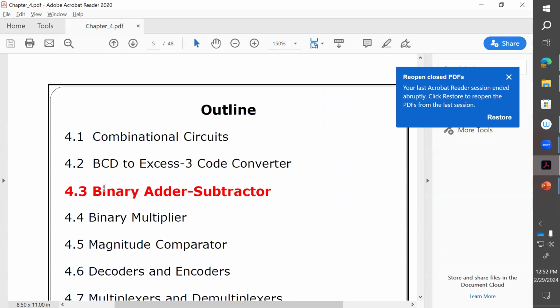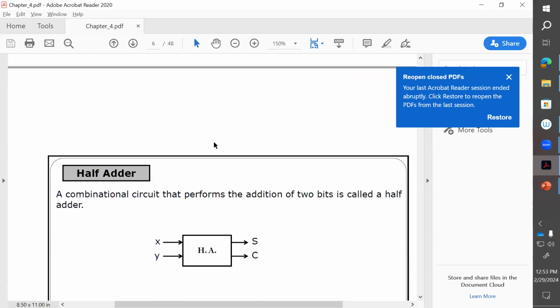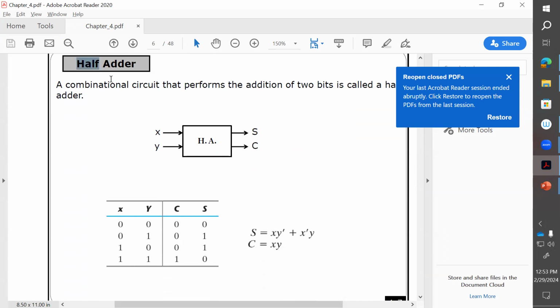The second part here is the binary adder or subtractor. So how can you do addition? Someone asked this question earlier in this course. How can you use the logic gates we know to do addition and subtraction? Let's start. I'm going to start with the first one here. We'll call it half adder. You will understand why we call it half, but half adder is a circuit that can actually add